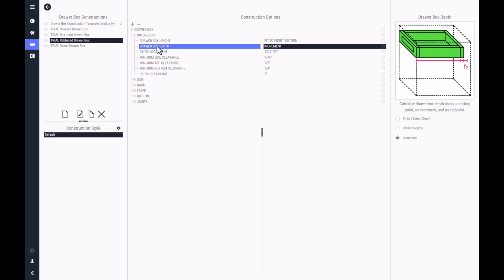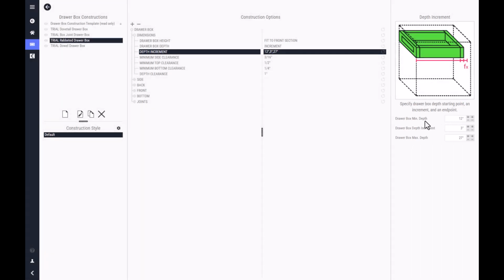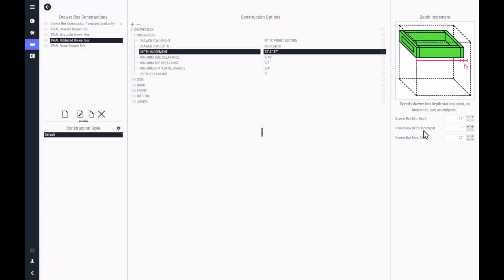With drawer box depth, you can set either unified depths or incremented depths. If either are enabled, you'll have to fill out the associated settings with each type. With incrementing drawer box depths, you will set a minimum depth, a maximum depth, and determine how many inches between each drawer box size. With the size that we selected, since this is set to an increment minimum of 9 inches and a maximum of 27 inches, then this means that the maximum depth drawer box that can fit is